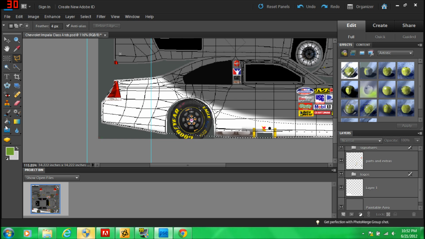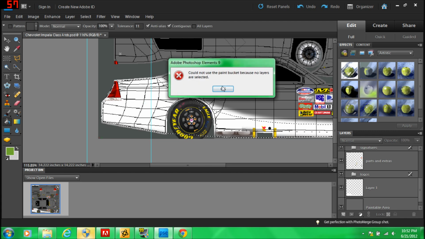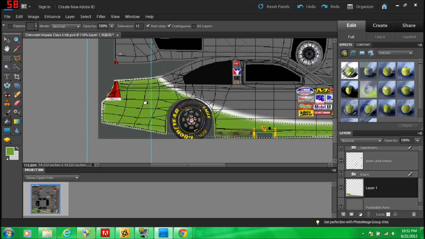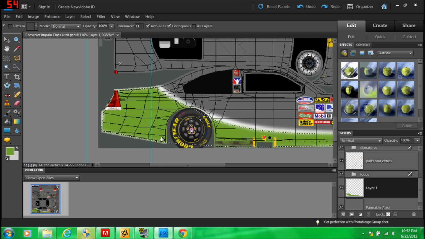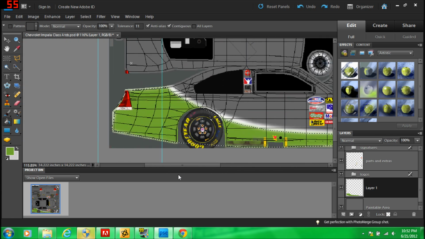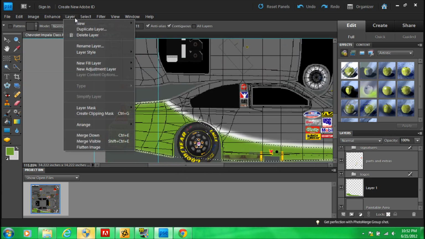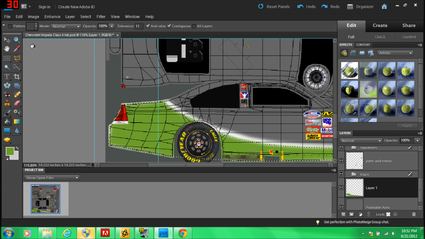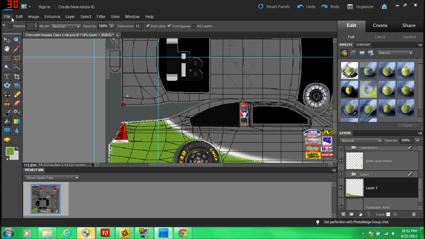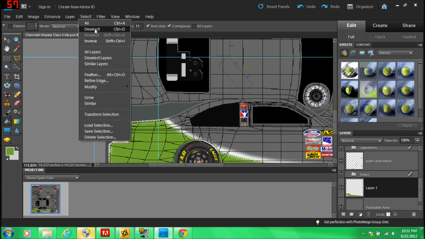Okay, now we're gonna paint that. Okay. Oh, there. So now that we got that done, we are going to transfer that layer over to the other side. So we will go select, deselect,